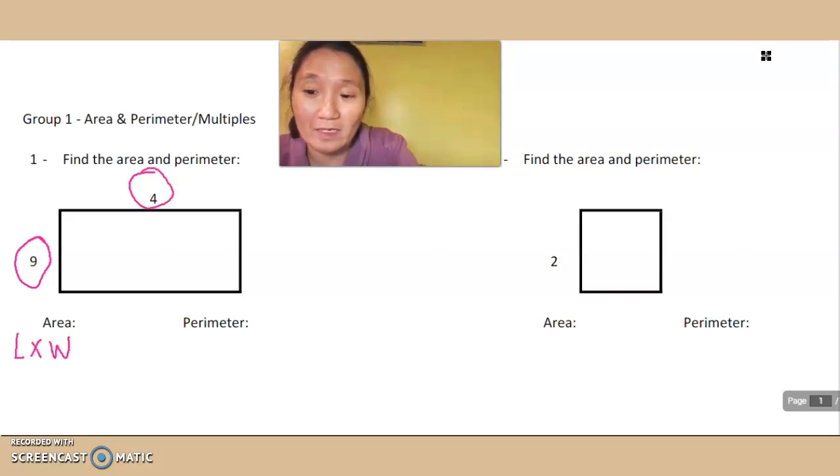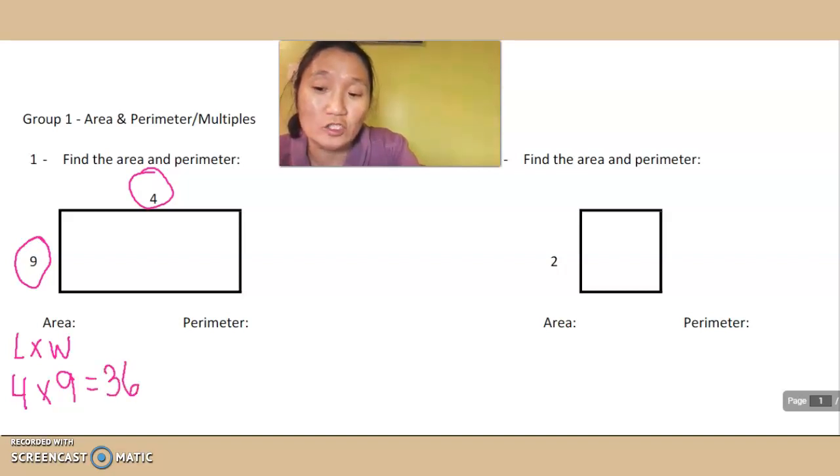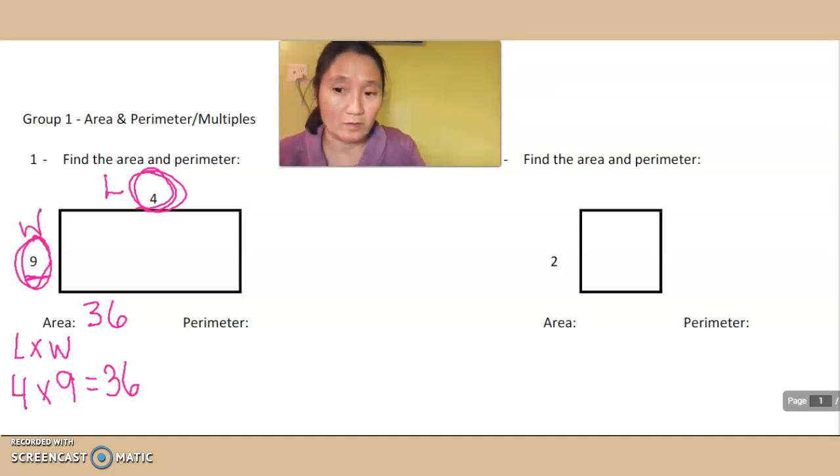So my length is 4. My width is 9. So length is 4, width is 9. Length times width. So 4 times 9 is going to be 36. So my area is 36 because I multiply my length and my width. This is my length, this is my width. Okay, so I multiply length times width. Now, for my